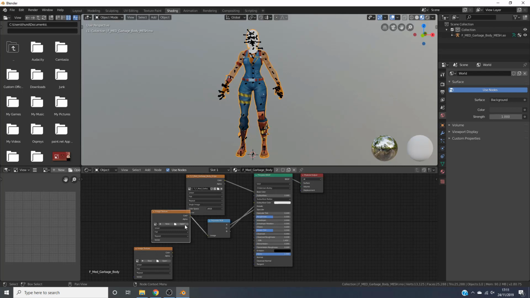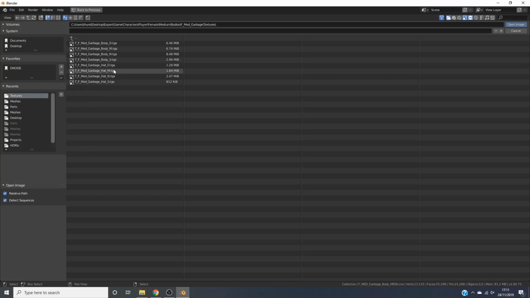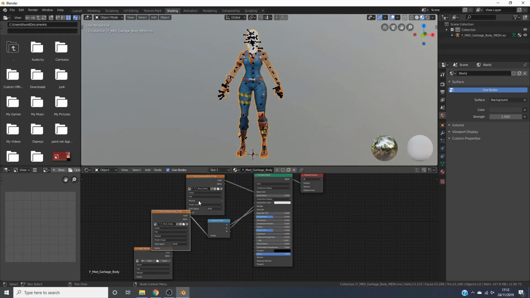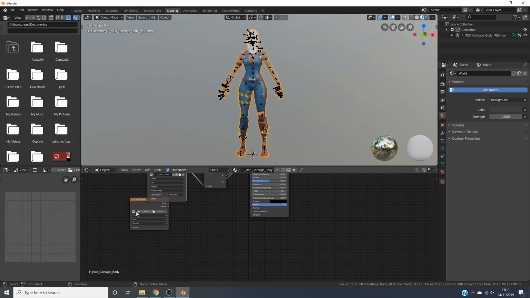Now in this image texture we need to open it up, go back to textures and open the S texture, the body S texture. So open it like so, and I think you need to make sure that it says non-color, change it to non-color like so. So make sure that is changed to non-color. Make sure this stays the same, but this needs to be changed to non-color. This image texture down here we need to add